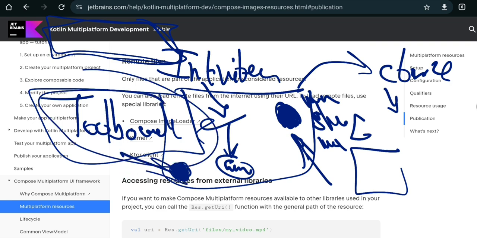So this was the Compose platform, Jetpack Compose. It looks great. I really like it. I might use it in the future, of course, depending on my application type, but I like this route. I really love this route. I wish it would go and just once and for all solve this problem of multi-platform.